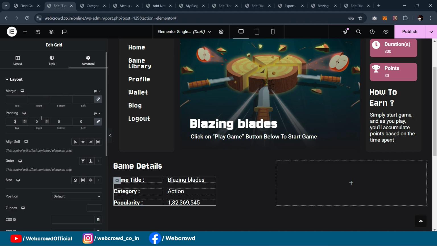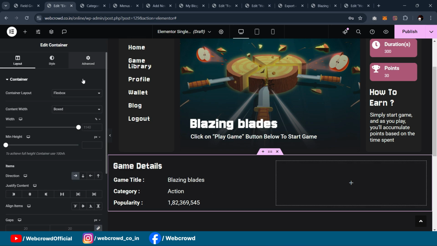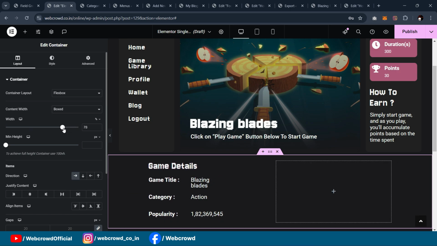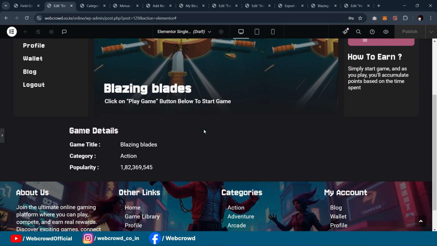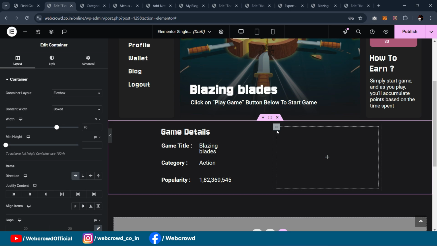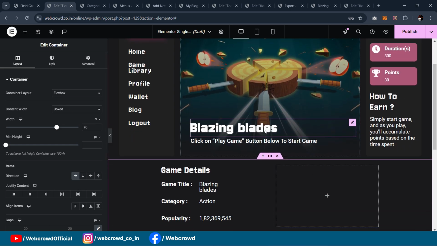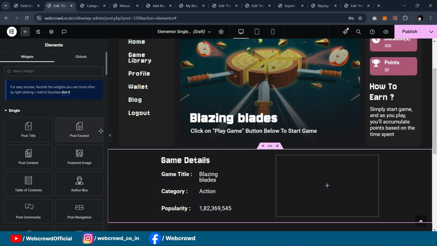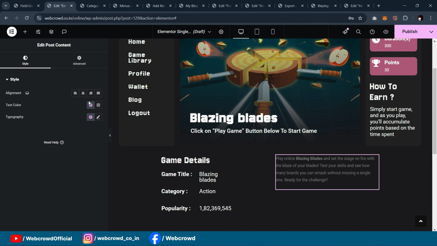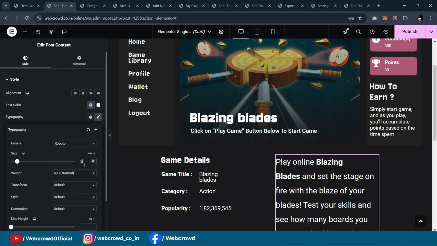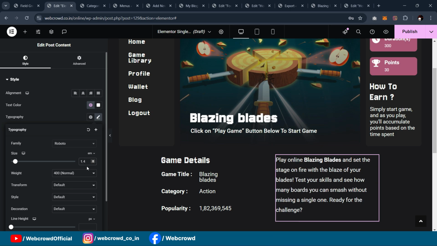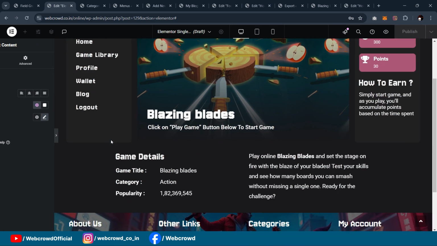Remove the padding from here. Now I will set the width to this container like 70. Okay, on the right side we have our description, so I will select only post content. 0.4 is fine. Okay,